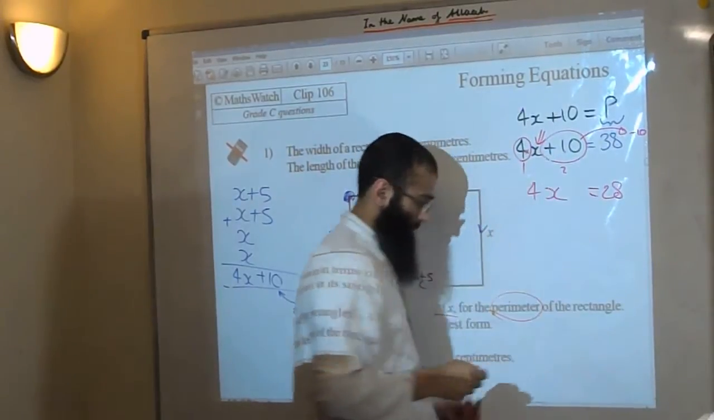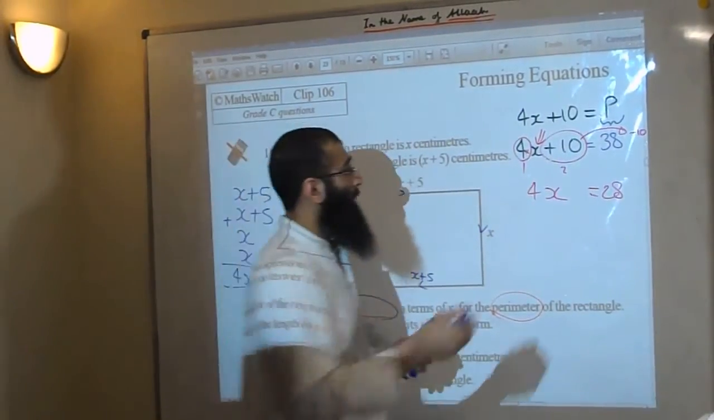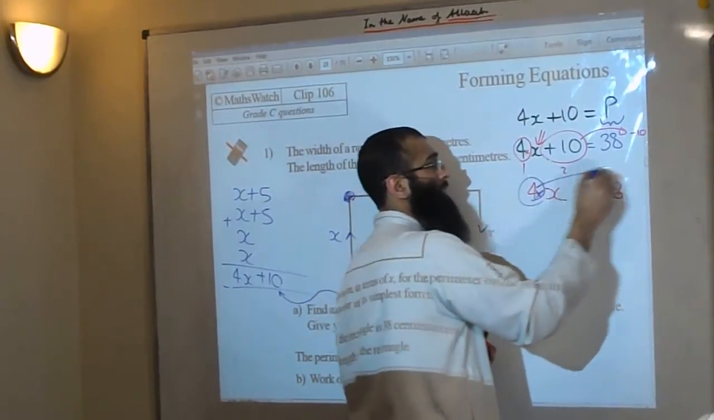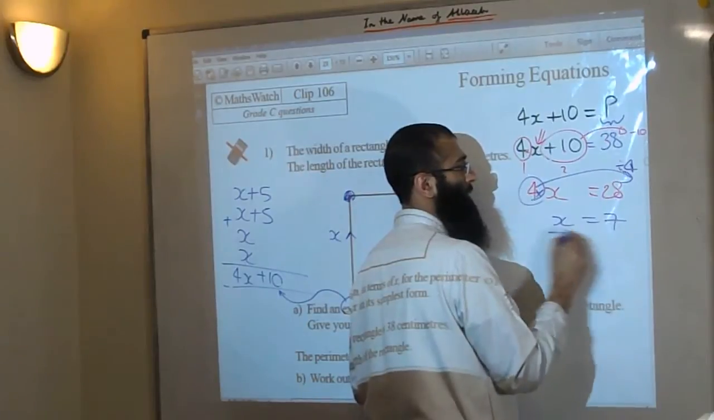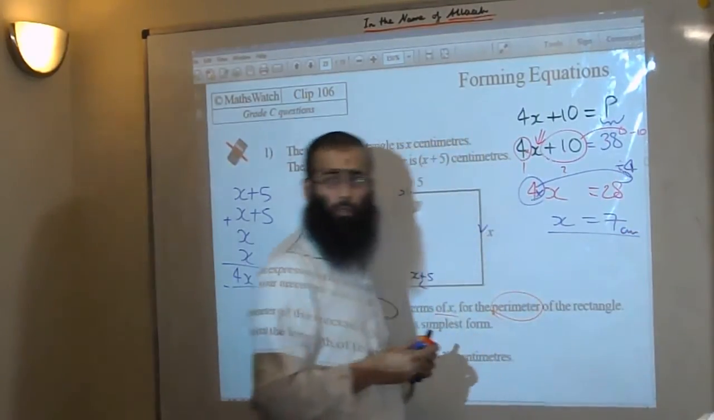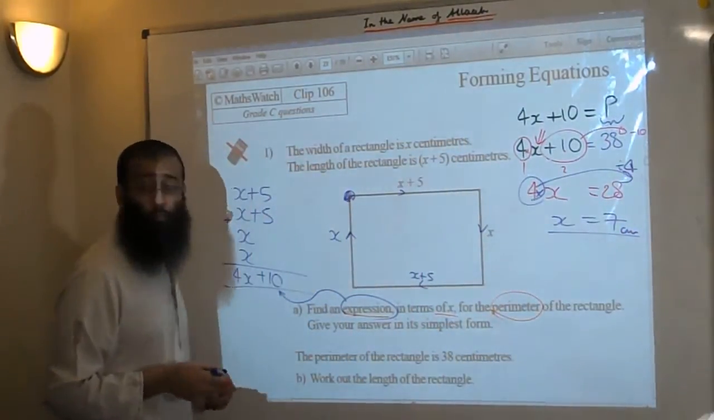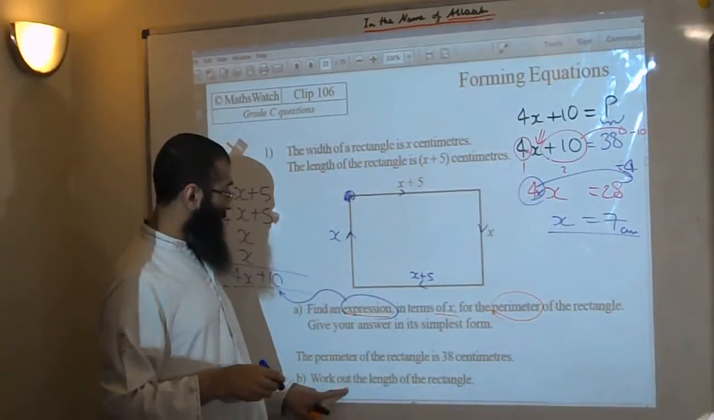Copy down the rest of it. Now, the opposite of times by 4 is divided by 4. Okay, so x is equal to 7 centimeters. Now, we haven't actually finished the question yet, because the question says for part B, work out the length